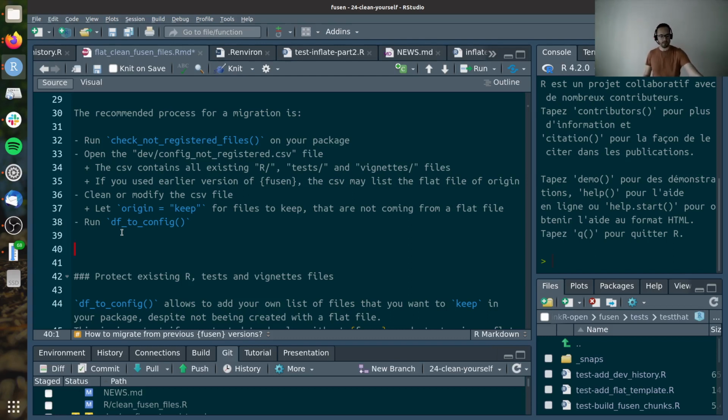So what I try to do now is to add this functionality to first register all the files that you created, and to see if they still exist, to see if they are still linked with the flat file, and then fusen will be able to clean the files that do not exist anymore. So I already started to build multiple functions, and today I just want to add one new function, which will be called